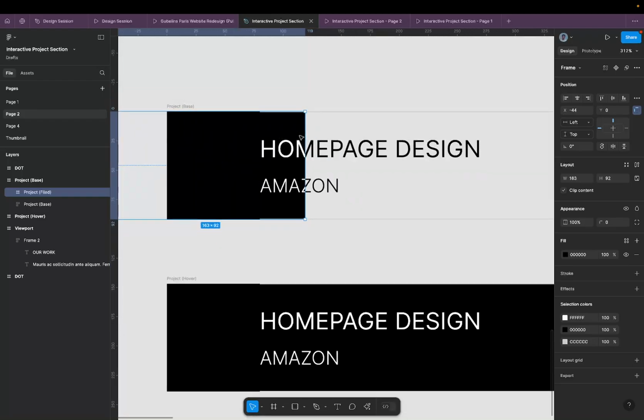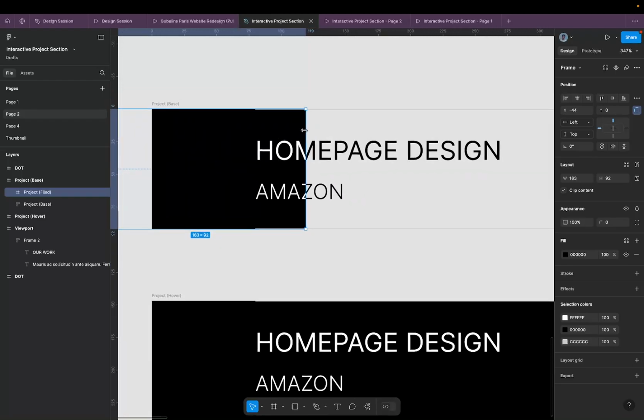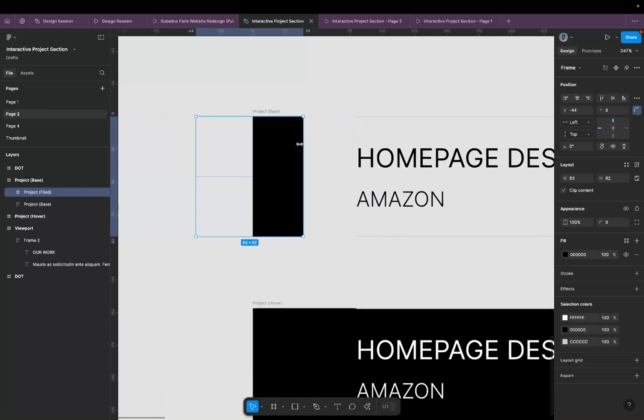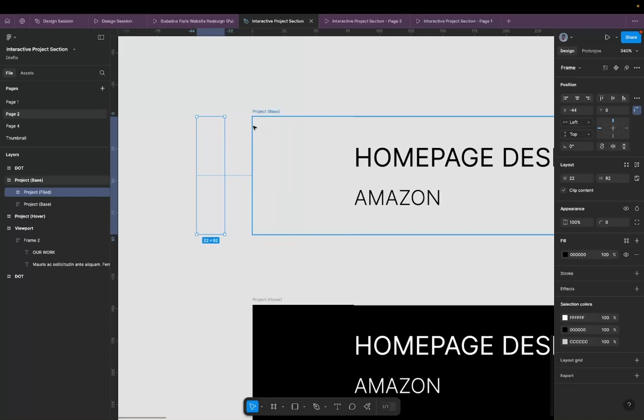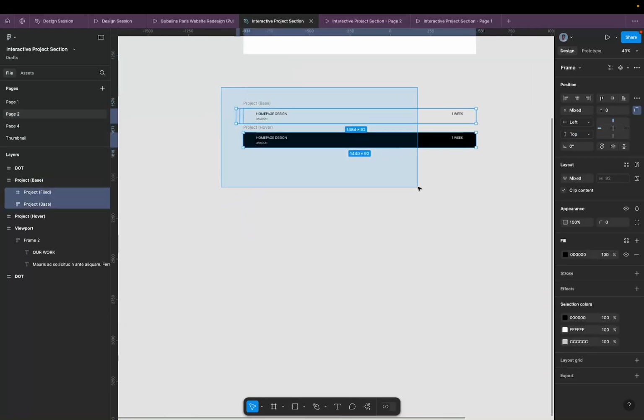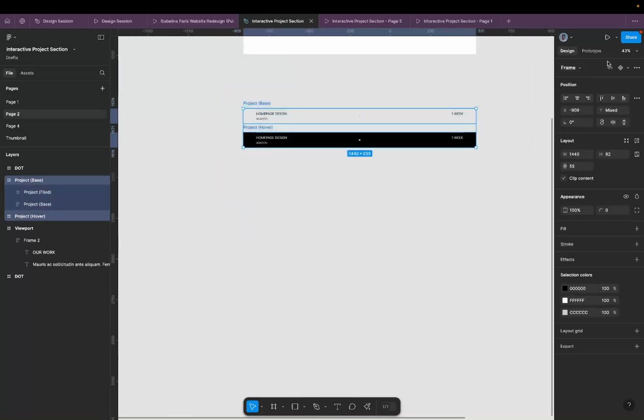But then I'm masking. This is what I'm actually masking out, the one with the black background and the white text. So that's just the simple logic behind it, really. So now I'm going to select project base and project hover, these two items, and I'm going to create component